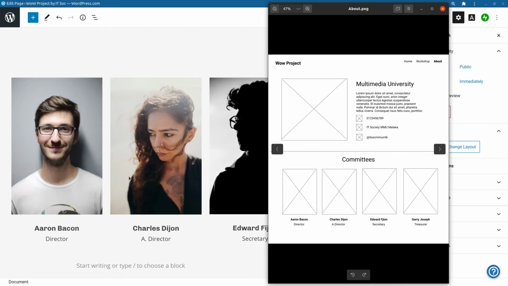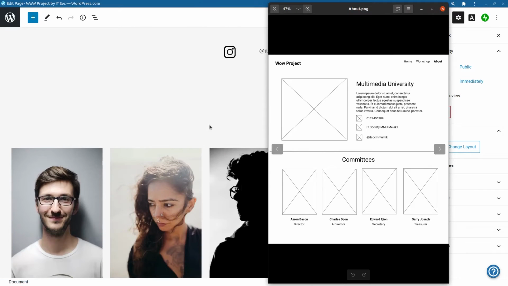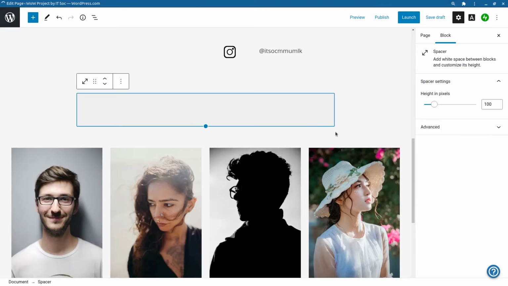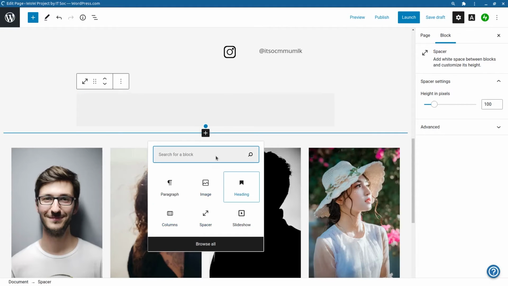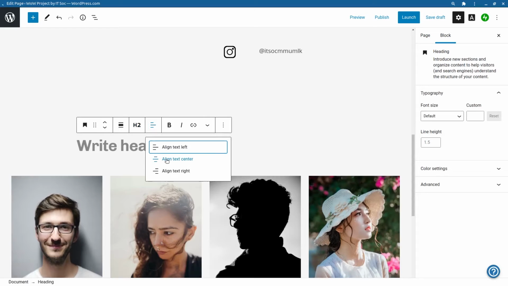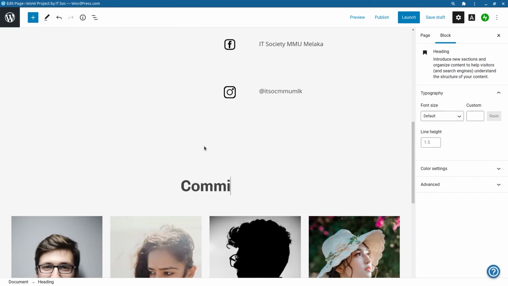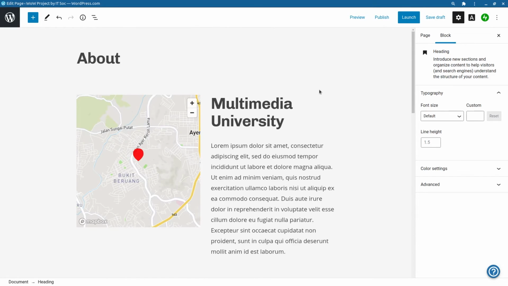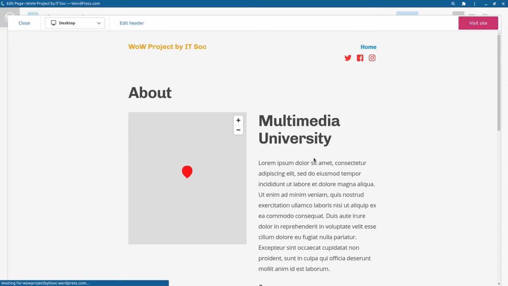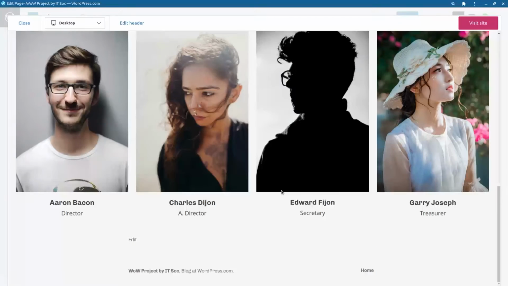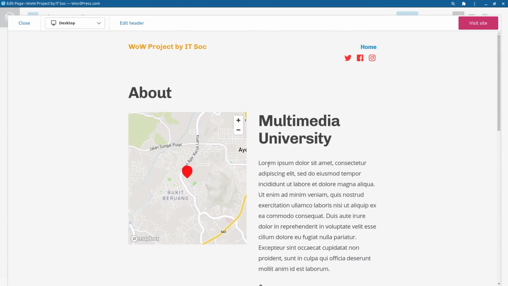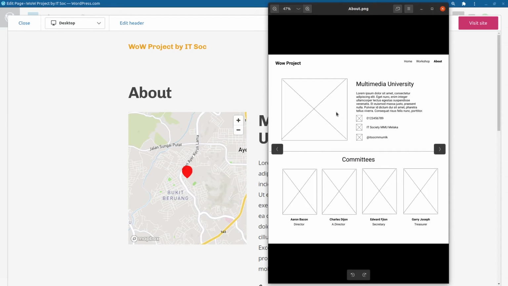Right, now we have this part done, and we missed the heading here, so I'm going to add it after here. It is done. So yes, we have our about page done, and then we just need to edit our home, our navigation bar.